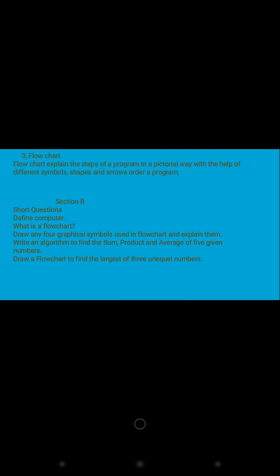Before discussing this, one thing is left. In an algorithm, there are 3 major parts. Number 1 is input, number 2 is processing, number 3 is output. For example, add 2 numbers. So A, B are input, A plus B is processing, which means calculation, and C is equal to A plus B. So C is the output.